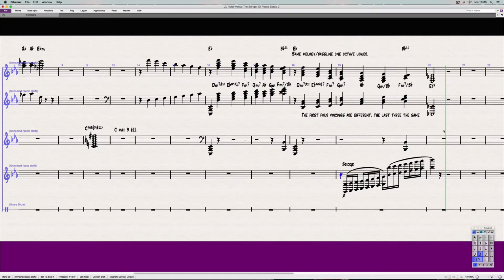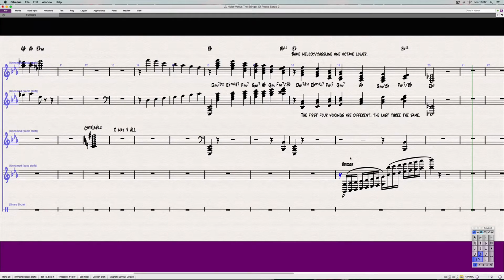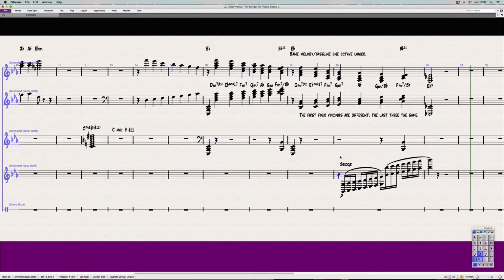It's perfect. Okay, so that's the difference between a bridge and a fill. Let's see here if I missed something. Oh, and also, you got a G minor 7 here, and this starts on a G, and then it goes up to C, which is of course the major third of this chord, and then we start over at G again, and we got G minor here,